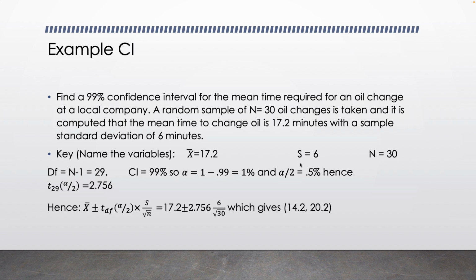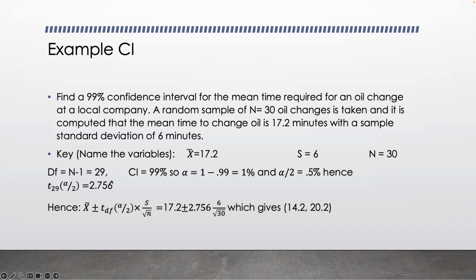We know that we take a random sample of 30 observations and we compute the sample mean, which is 17.2 minutes, and a sample standard deviation of 6 minutes. So we just write down everything we know. There's the sample mean, the sample standard deviation, the sample size, then we calculate the degrees of freedom, and we